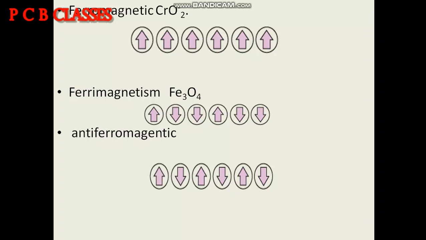We do not talk about diamagnetism. All these three are types of paramagnetism, and recall that diamagnetic elements are those elements in which electrons are paired, while paramagnetic elements are those elements in which the electrons are unpaired. So as the terms indicate, in case of ferromagnetism, ferrimagnetism, and antiferromagnetism, the electrons will always be unpaired.